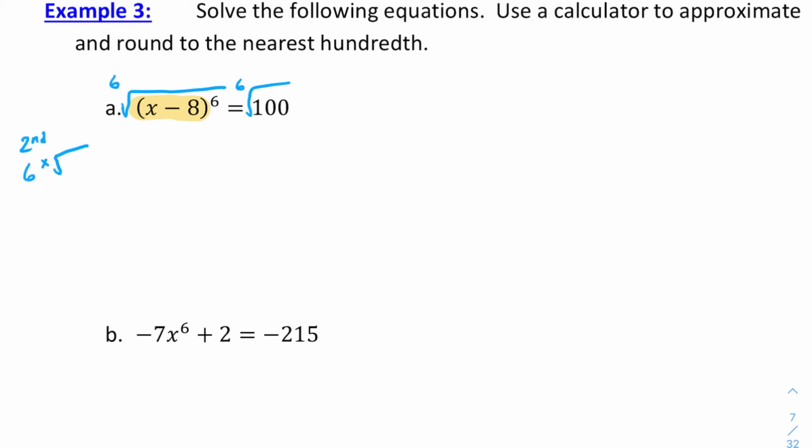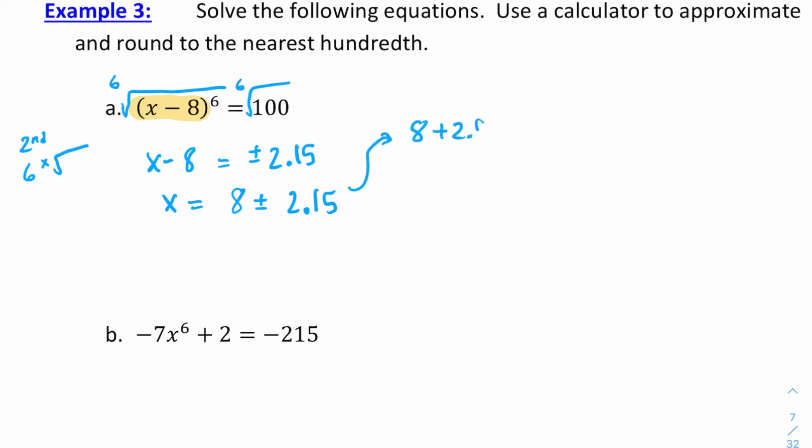To do the 6th root of 100 in your calculator, you can hit 6 and then a second and then the little x radical, depending on what calculator you have. That should get you positive and negative. Remember, it's 6 roots, an even root, 2.15 approximately. And then you'll have to add 8 to get x by itself. Since it's 8 plus 2.15 and 8 minus 2.15, you're going to end up with 2 different solutions, approximately 10.15 and